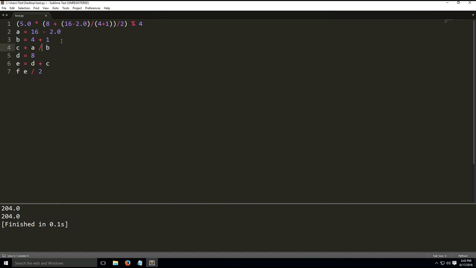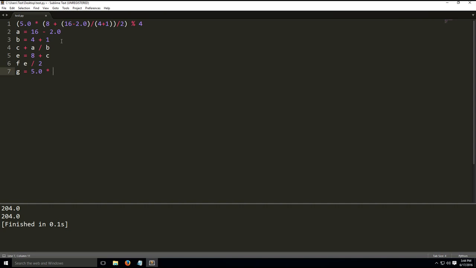I'm kind of skipping some things here, and mixing it up a little. But this is basically the precedence, how things go. What you could do for e instead is something like this. For example, e is equal to 8 plus c. So f is equal to e divided by 2, and g is going to be equal to 5.0 times